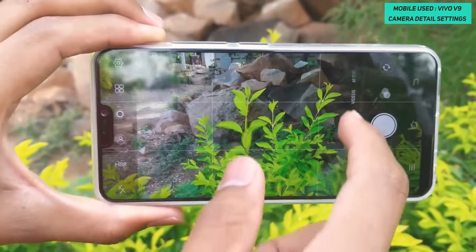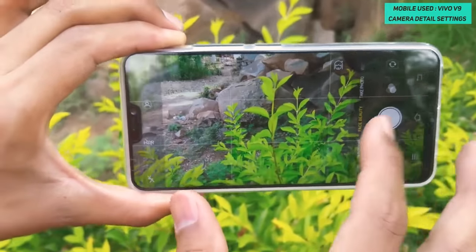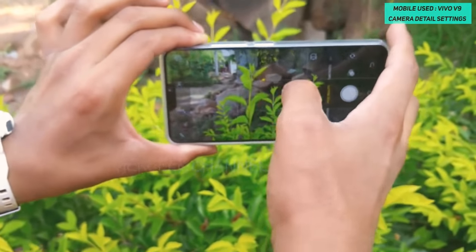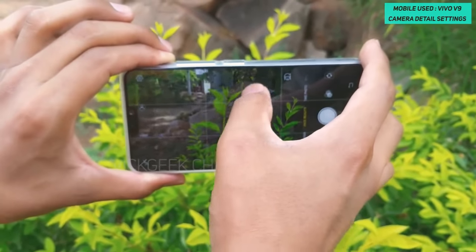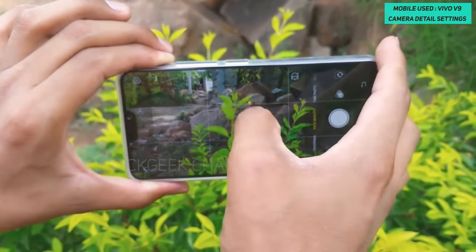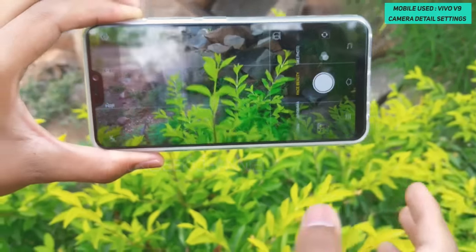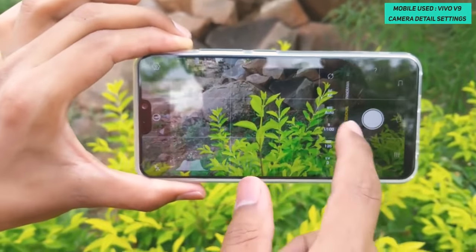And if I just swipe around, you will get to face beauty, and you can use this face beauty to capture some really close-up shots of any particular subject to get that extra blur. See, again you can compensate with exposure value like this, up and down, and then tap on the picture to get in focus, and boom, capture. So this Vivo V9 can really capture good macros as well,